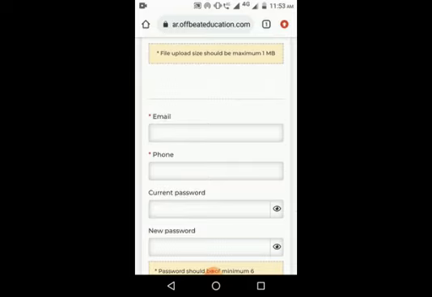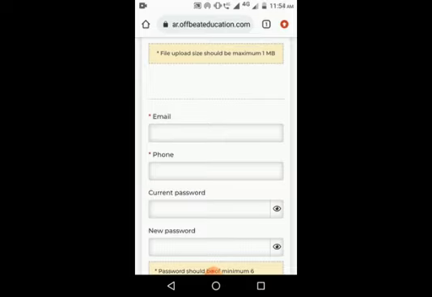Now here I want to tell you that please give an email address which is accessed by you. Please don't give any mail address which you cannot access. It is applicable for your phone number too. Please give a valid phone number which is accessed by you. So we have to give our valid mail ID and our valid phone number.